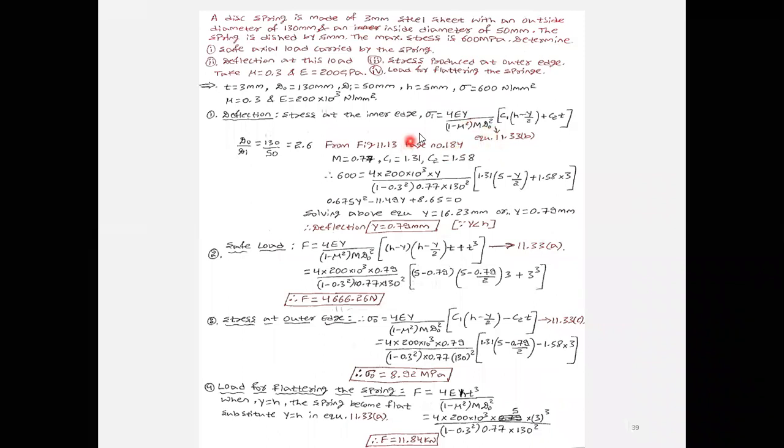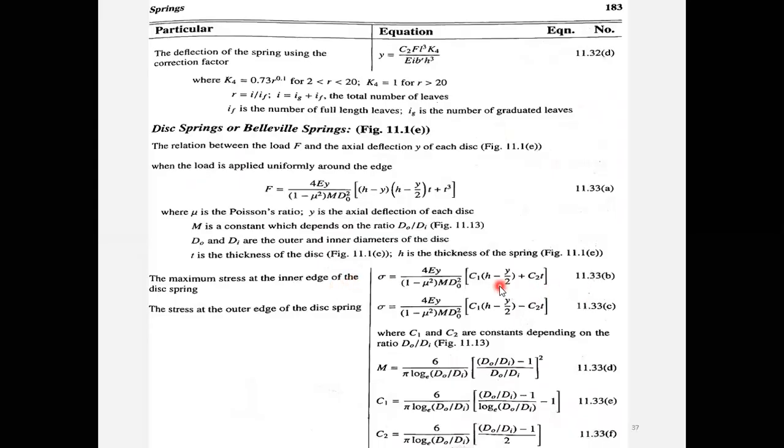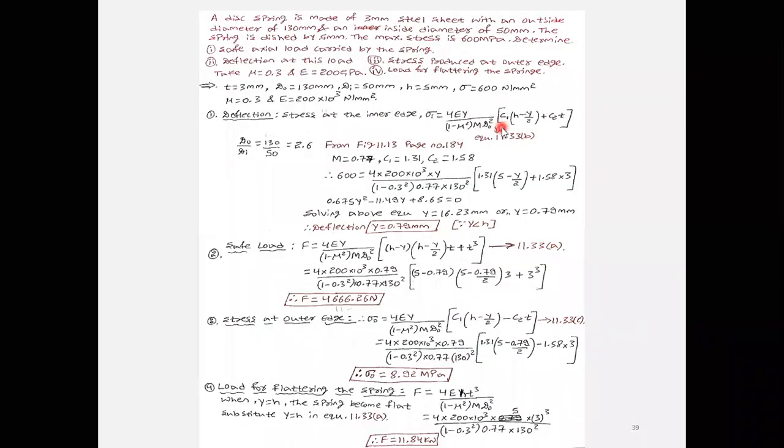Note down the equation. This is the inner stress. You can see the maximum stress at the inner edge; I have taken the inner edge stress equation. In this, some unknowns are there, like the constants C1, C2, and m, that need to be calculated. In the given problem, they have given the mu and E values. E is 200 gigapascal, and you need to convert that into Newton per mm square or megapascal.